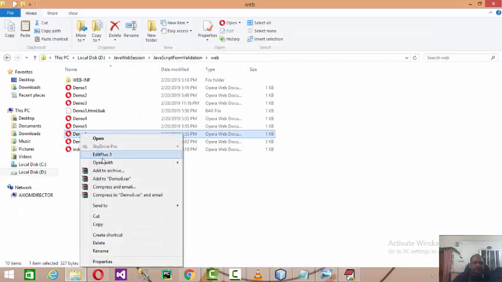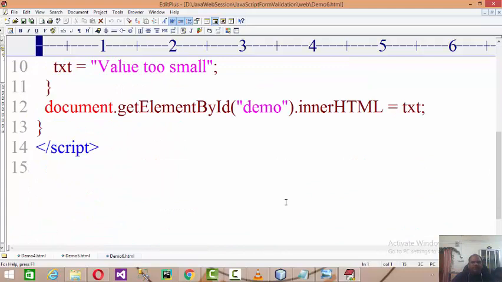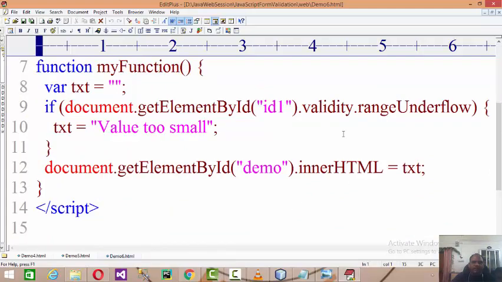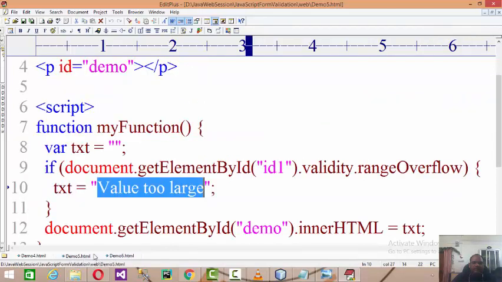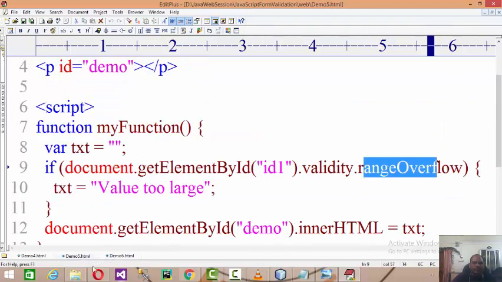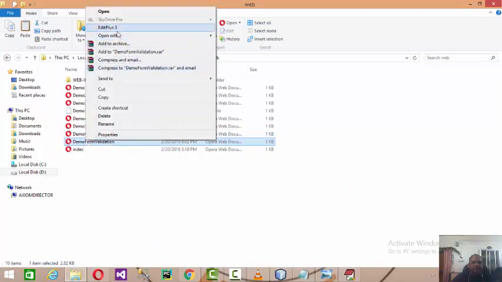And then we have again the same thing for the minimum range. rangeUnderflow is a property, just as in the previous case rangeOverflow was the property, to check the value. I'm passing all the tested codes to you.